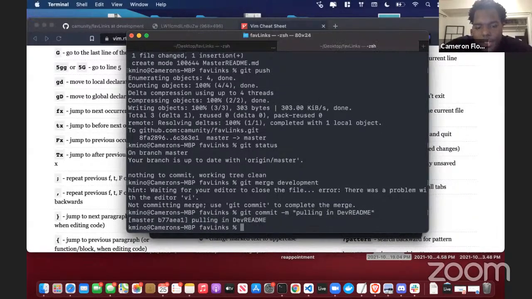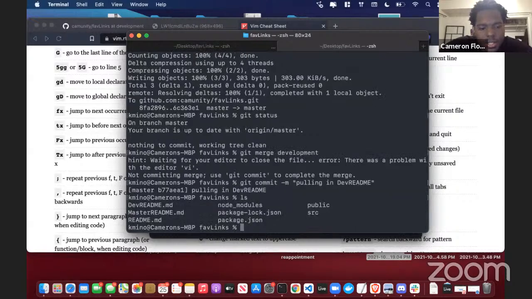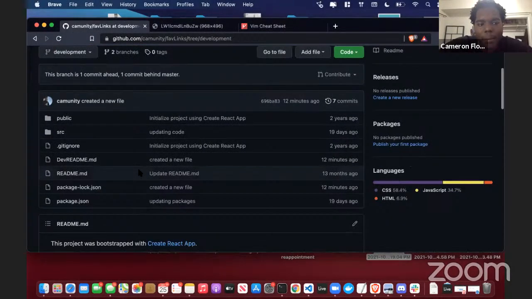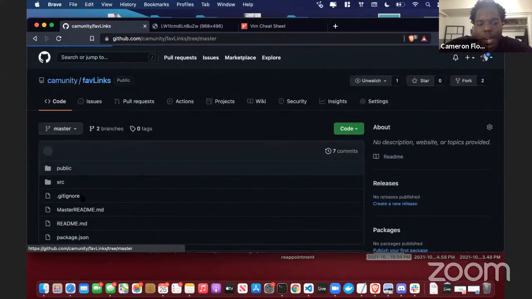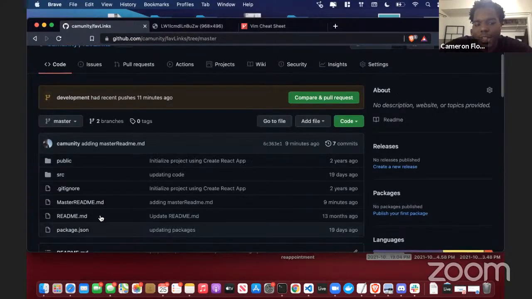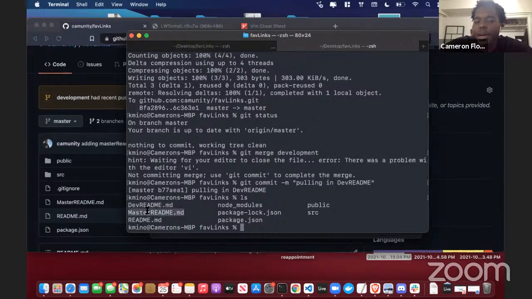Right, and clearly that makes a commit. So now I should be able to, if I do ls in here, clearly both of those readmes have been pulled in successfully. But now the thing is that if I look at GitHub on my main branch, on my master branch, because that's where I merged before, I clearly don't see that change reflected on GitHub. It happened locally, right, but it didn't happen